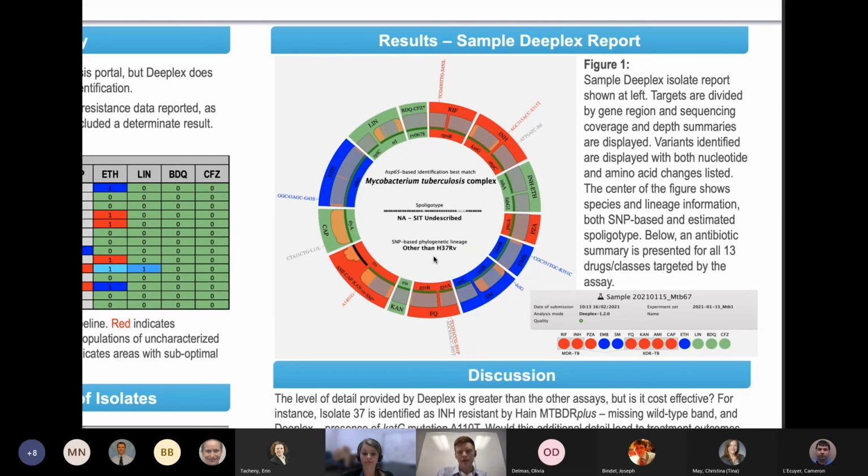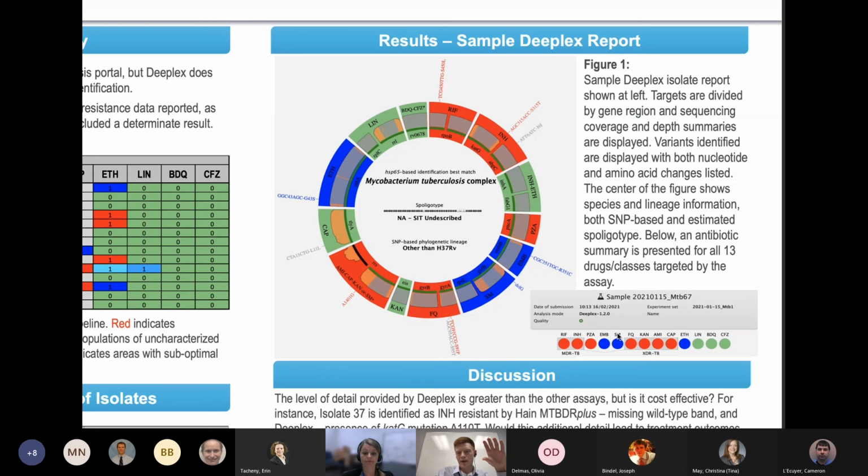And one thing I keep saying is web analysis, and I think it's important to point out that once you do the lab work and you do the extraction, the library prep, put it on the sequencer, after that you're really pretty much done. You don't necessarily need a trained bioinformatic staff member to evaluate this assay, and that's unique among a lot of the next-gen sequencing assays. It's a web portal where you just upload your DNA, and then all the analysis is done automatically,